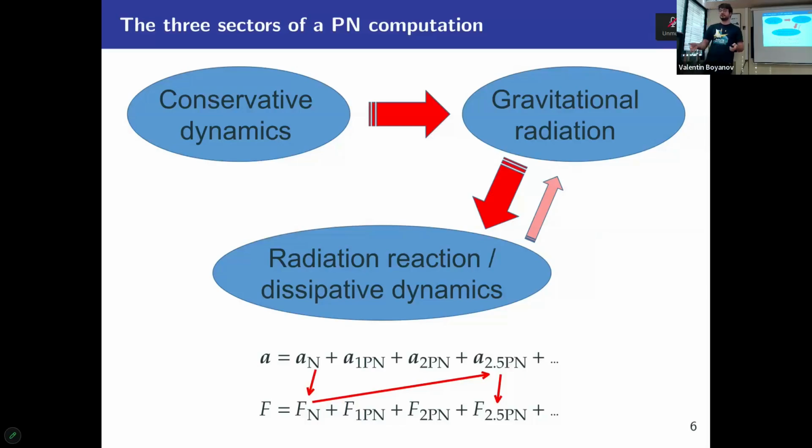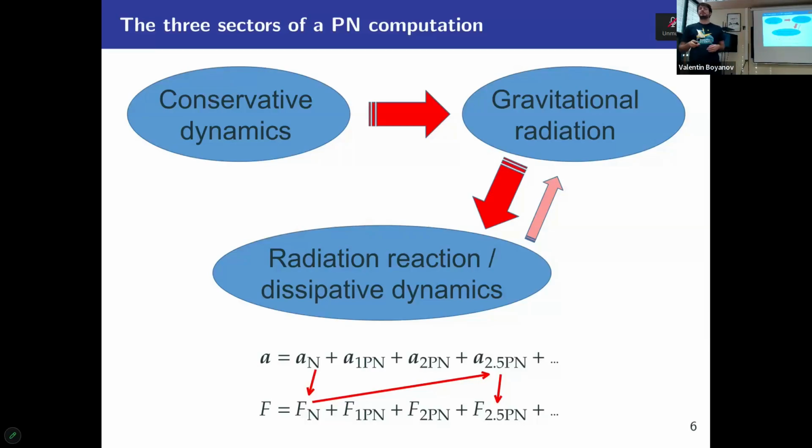So this can be done with a variety of methods, such as Fokker-Lagrangians, etc. And this will give you, for example, at lowest order, the integer Pn orders here for the acceleration between your two bodies, your relative acceleration. Once you've obtained at some order the conservative dynamics, you can then compute fluxes at infinity, exploiting the nonlinearities of